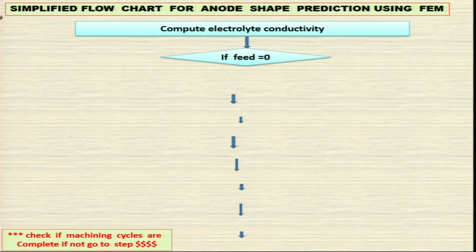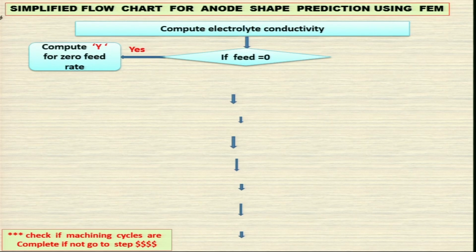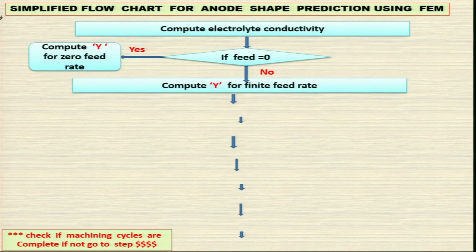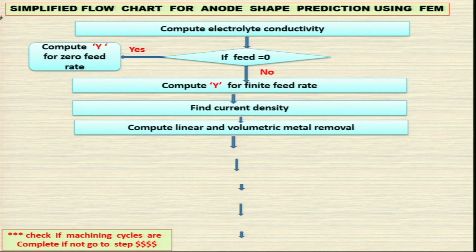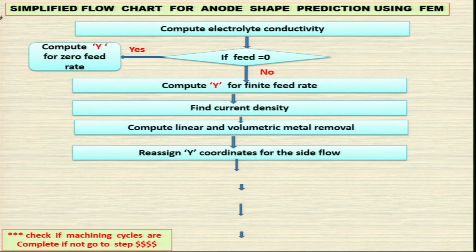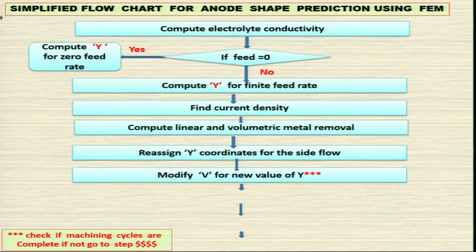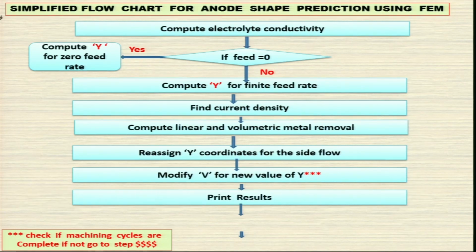compute electrolyte conductivity. If feed rate is 0, yes, compute Y, that is inter-electrode gap for 0 feed rate. If no, then compute Y for finite feed rate. We have already seen it will be different for different feed rates, either 0 feed rate or finite feed rate. Then find current density, compute linear and volumetric material removal rate, reassign Y coordinates for the side flow, modify V, that is voltage, for new value of Y, print results